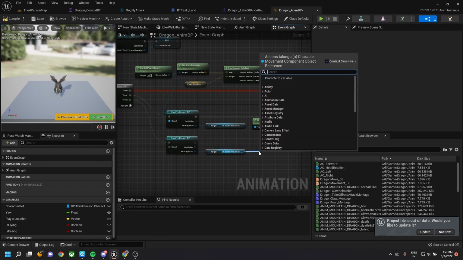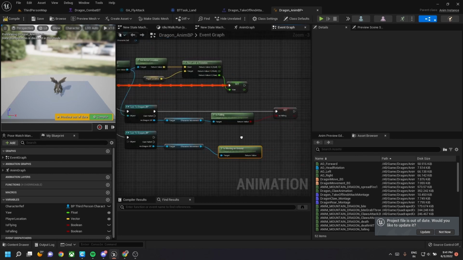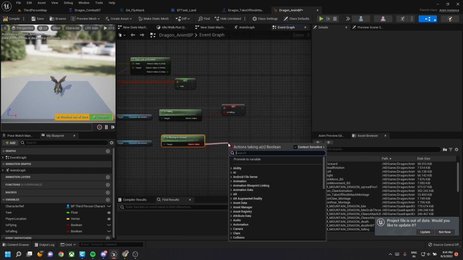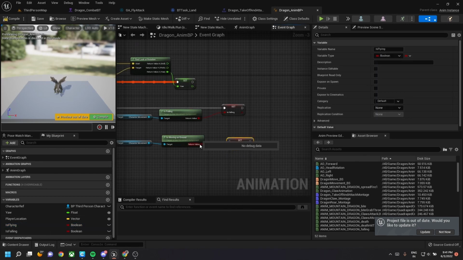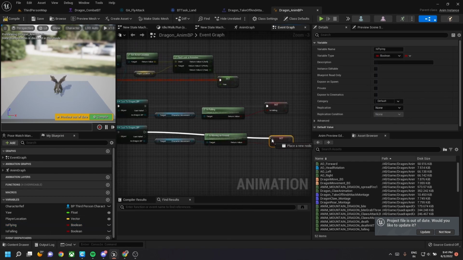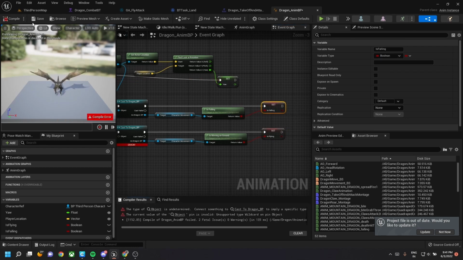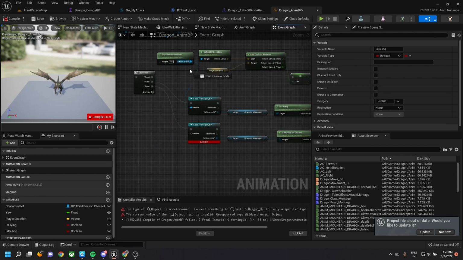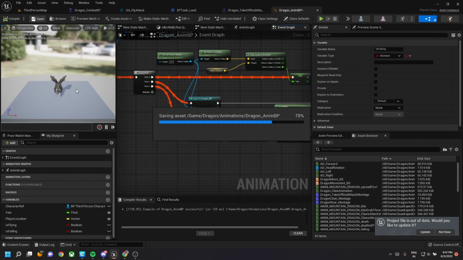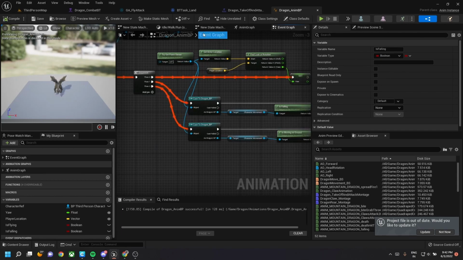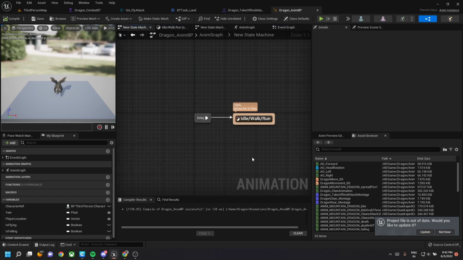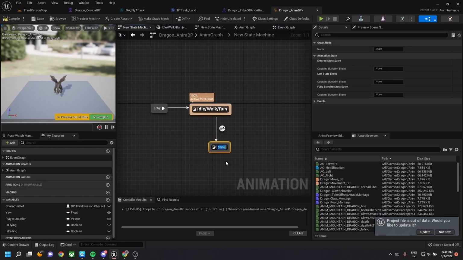Now let's create another sequence and cast it, get the character movement, and see if it is moving on ground. And we'll set this boolean value to a newly created boolean called is flying in the anim graph. Once you have these two values, is falling and is flying, we know if the dragon is moving up or moving down. So we go back to our anim graph state machine,